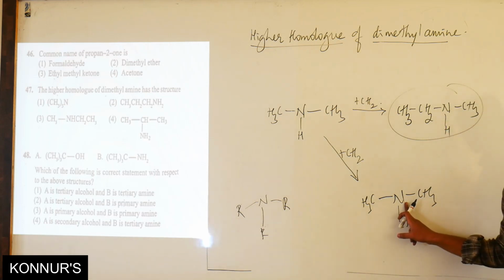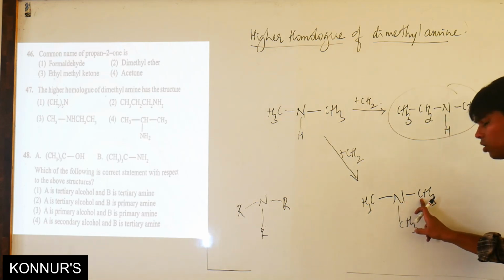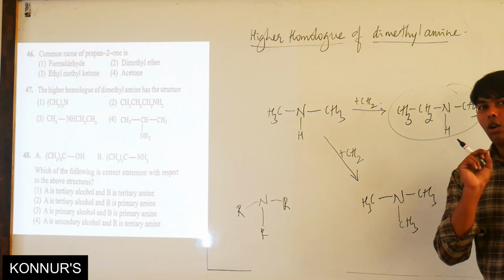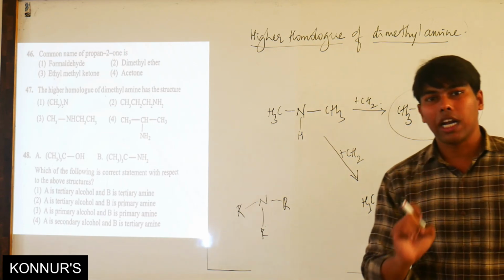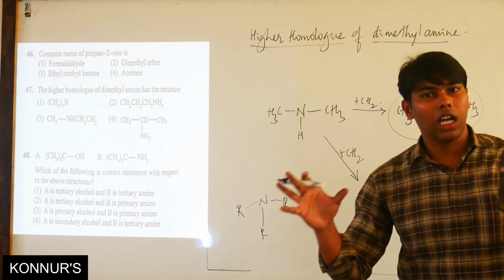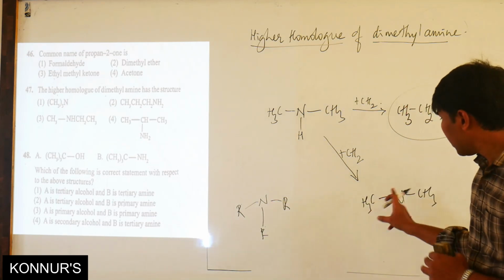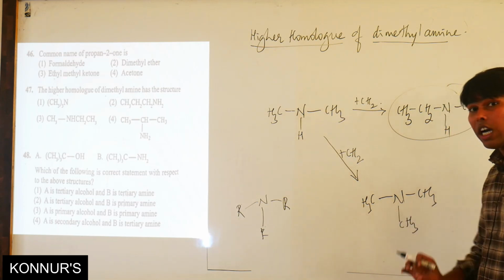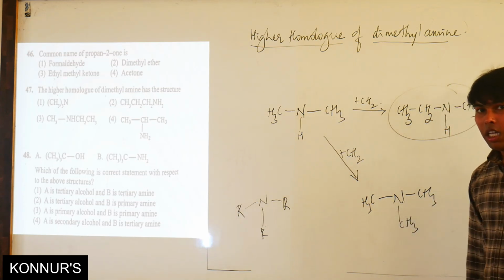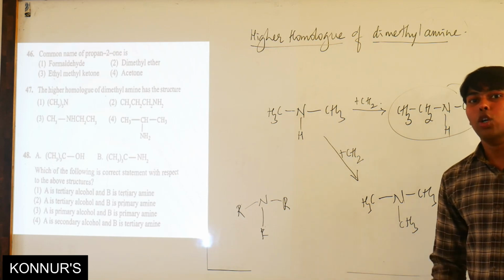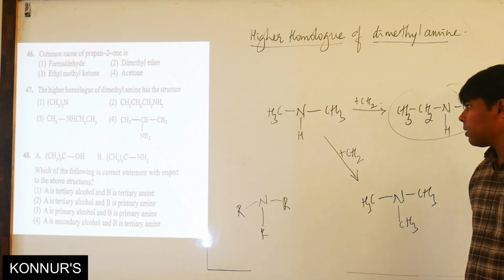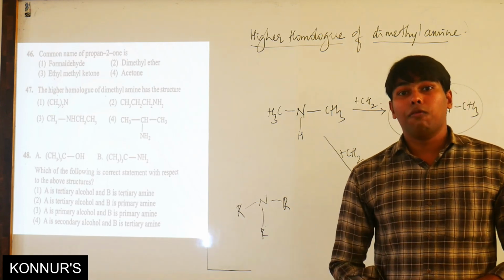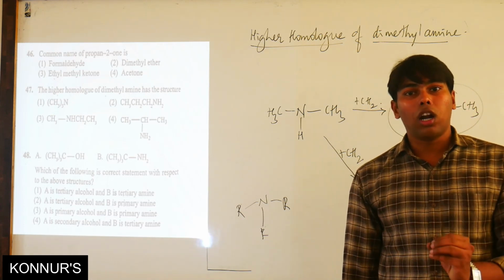See on nitrogen, here is also methyl, methyl, methyl. There is no attachment of hydrogen directly to the nitrogen. All of them are alkyl groups right now. Three valencies are there, and 3 of them are alkyls. So this is converted into a tertiary amine now. This should not happen when doing homologous series, because I told you, in doing homologous series, the functional group will not be disturbed.